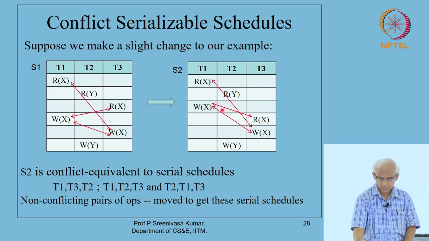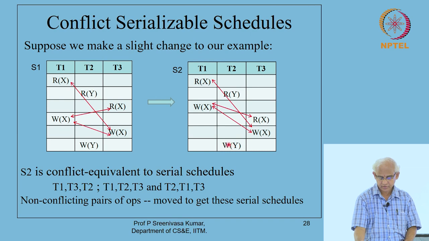So, what I can do is, actually I can do many things like this. For example, I can take this Ry and swap it down all the way here. I can move it all the way down here because it is not conflicting with this. So, I can move this up and then this down, and it is not conflicting with this. So, I can move this down and this up, like that. I can actually swap it all the way there.